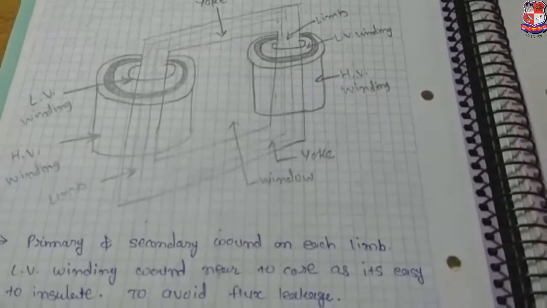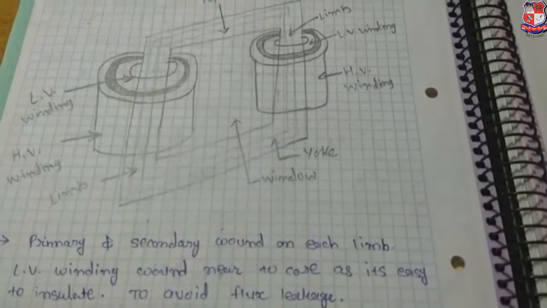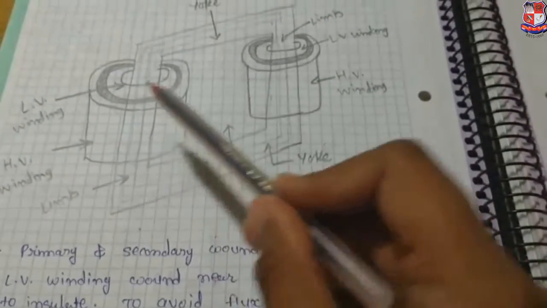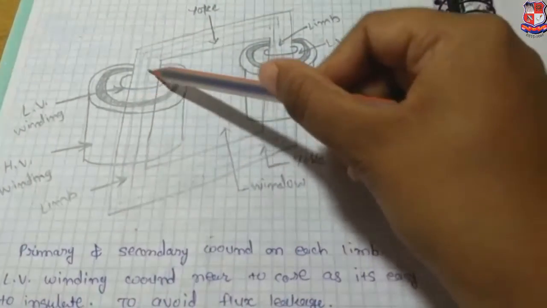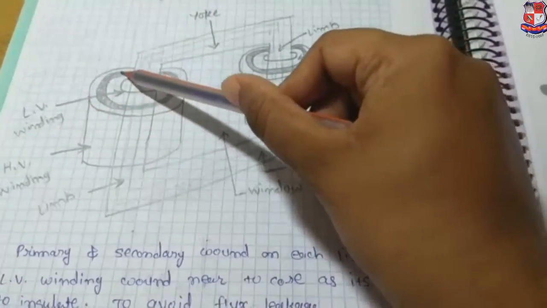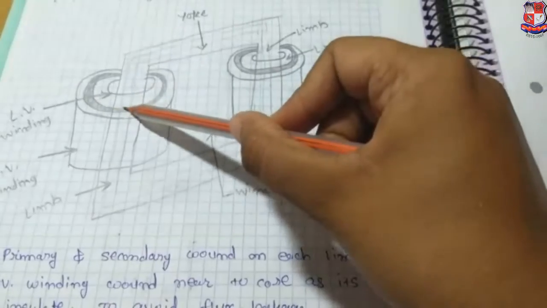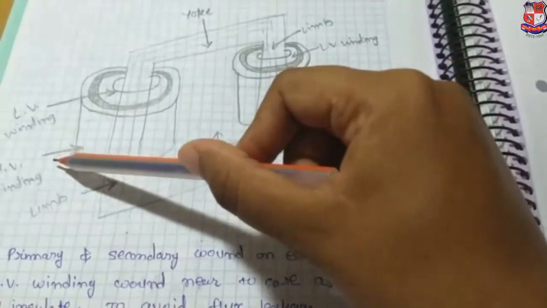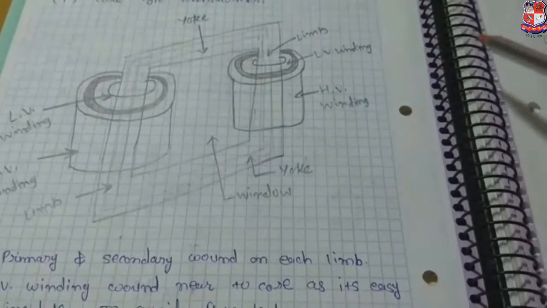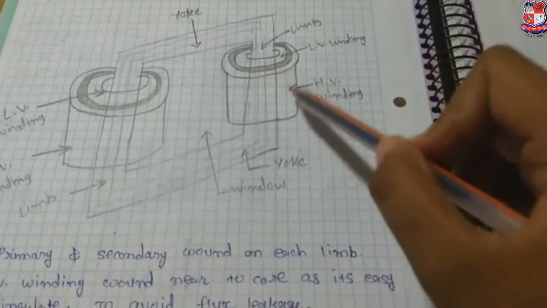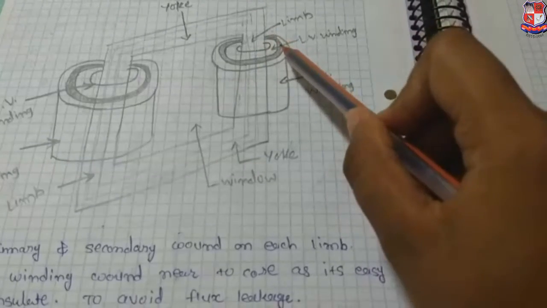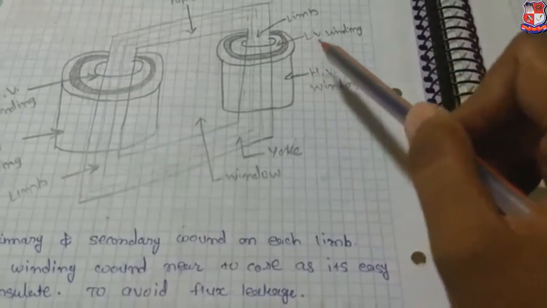So here in the figure I have written the first winding, which is wound nearer to the core, magnetic core, is LV winding, and then after this is the layer of insulation, and after that this is HV winding. Similar windings are wound on the another limb also. The nearer to the core winding is LV winding and the outer winding is HV winding.